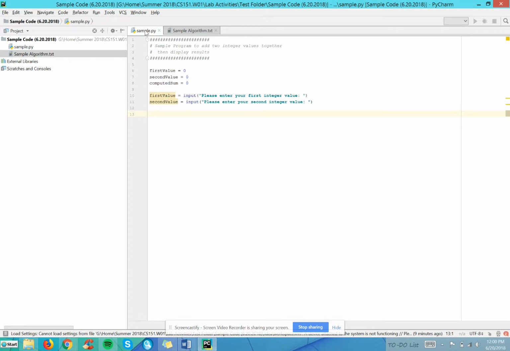Now, these are obviously going to be requesting numbers, but even though we're pulling a number in, if we use it the way it's listed here as an input, Python will interpret the value that we enter as a string, not a number. So in order to tell Python that we need this input as a numerical value, not a string,